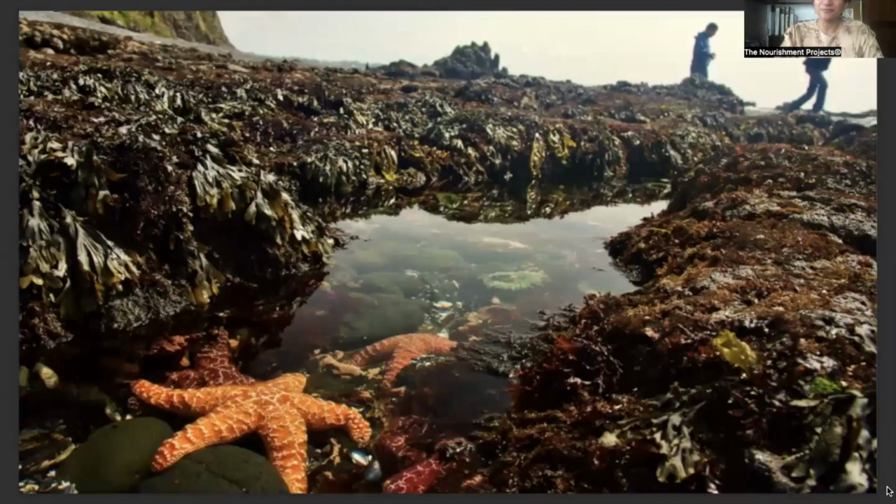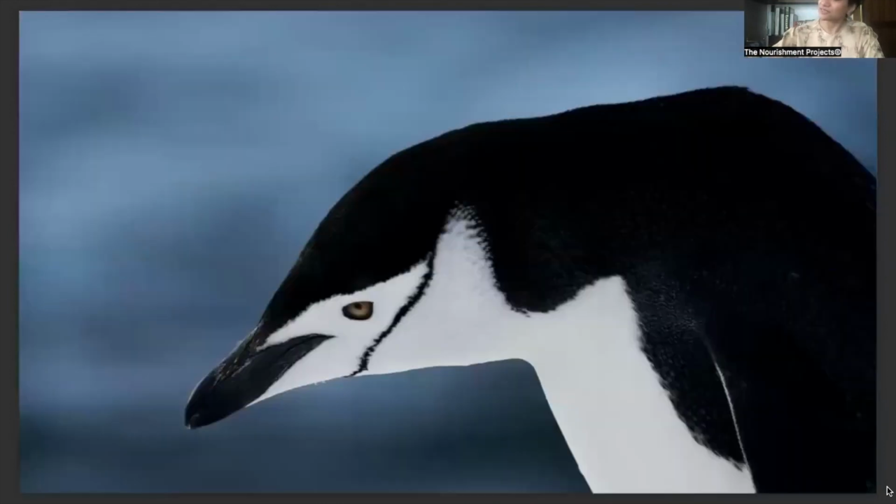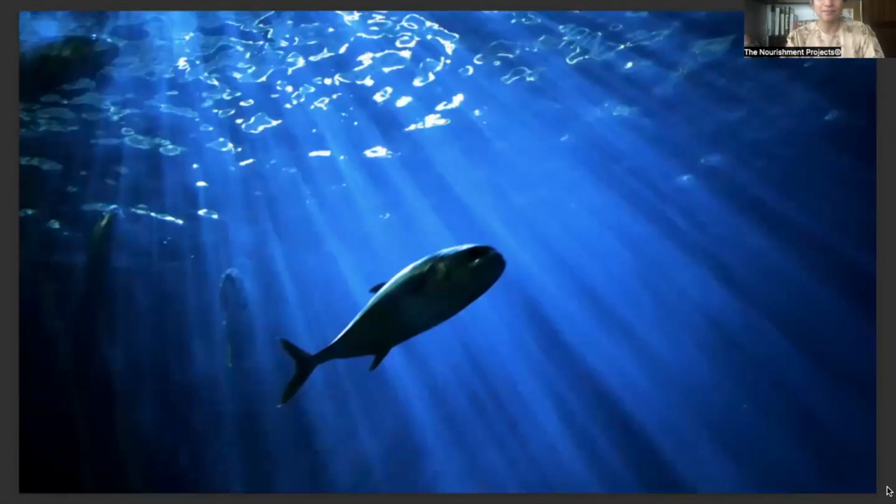Fish found in tide pools, nature's aquariums, have delighted children and people curious for ages. The fish found in the tide pools are very different from fish found in coral reefs, such as Bora Bora shown here. The fish that would interest this penguin will be very different from the other two. Why? Because the penguin's habitat is different, the water is different, and the water matters, especially the depth of the